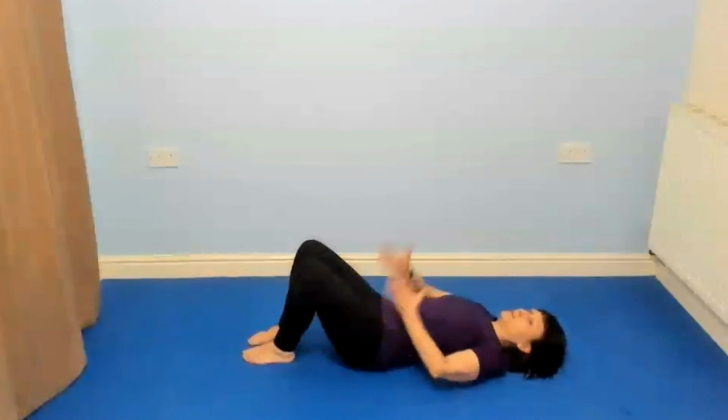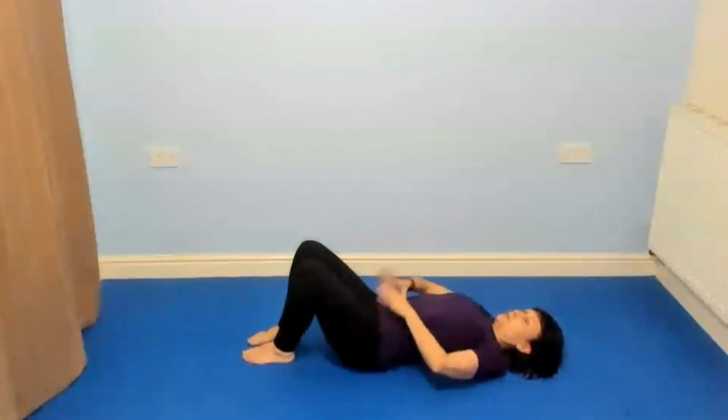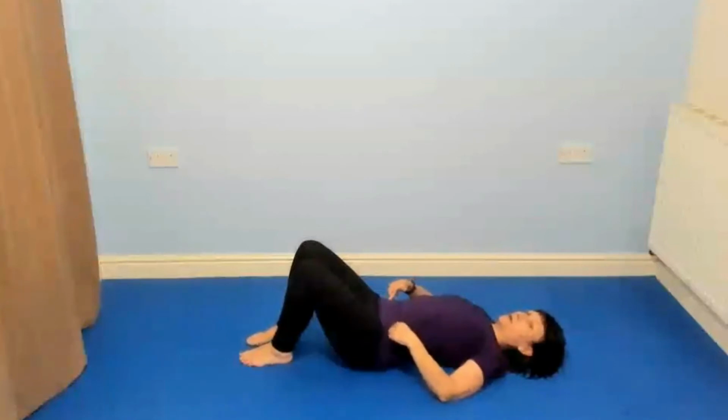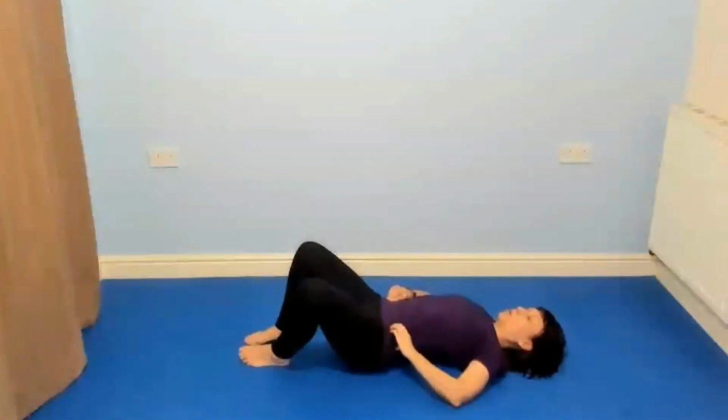If that's uncomfortable, try it on top. Just check that diamond, that you're not tilting your back into the floor or arching your back too far away. Hands again, if you can, on the bony piece on the front of your hips. And I want you to push your left heel into the ground to help engage the core. Pull the belly button in, and you're going to slowly drop that right knee towards the floor, coming onto the